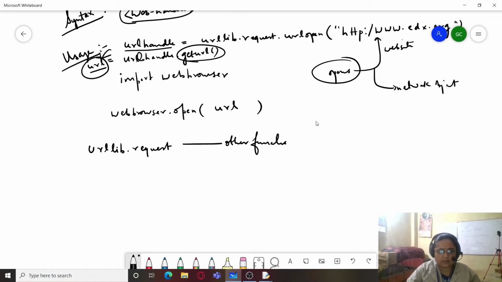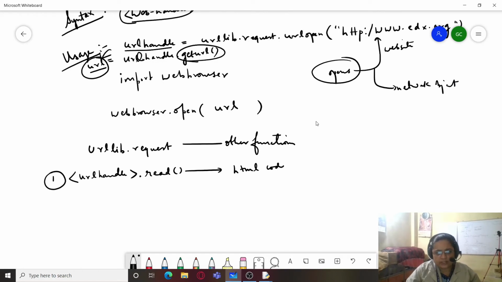Let's see what those other functions are. One is URL handle dot read. This function reads the entire HTML code which works behind the website.